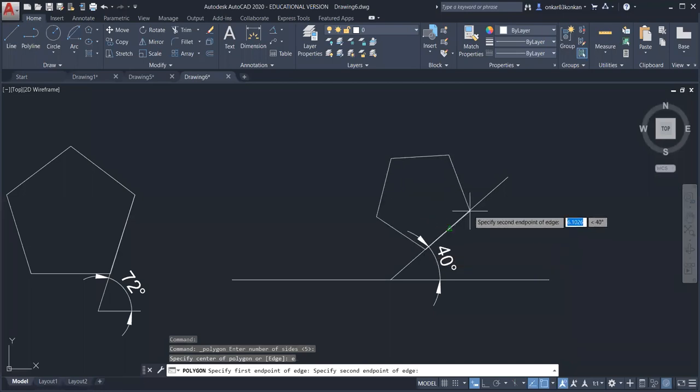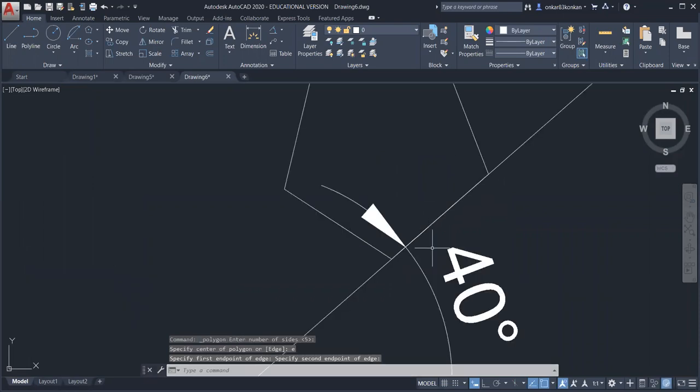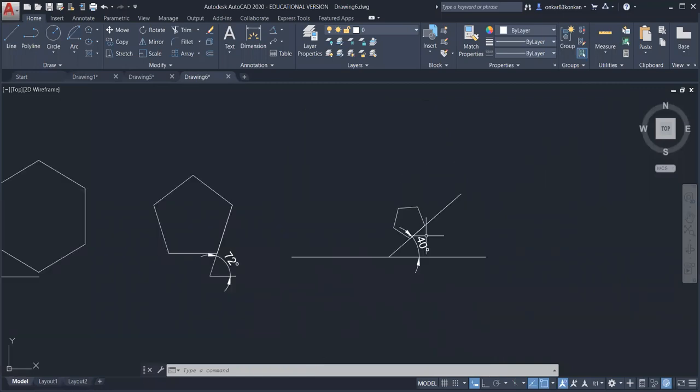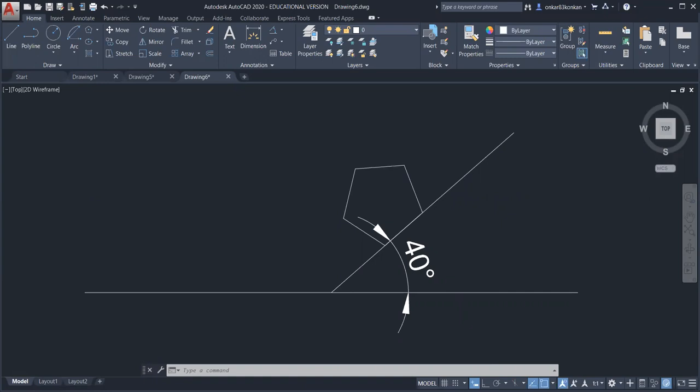So you can mark this length. I think the given dimension is 50 mm. So with this length as 50 mm, you have to complete the pentagon. Okay, so you can follow the same procedure for the pentagon. You can use the circle method or you can use the angle method. If you draw this by using the angle method, then this angle is equal to 72°. So follow this method and try to complete this problem.